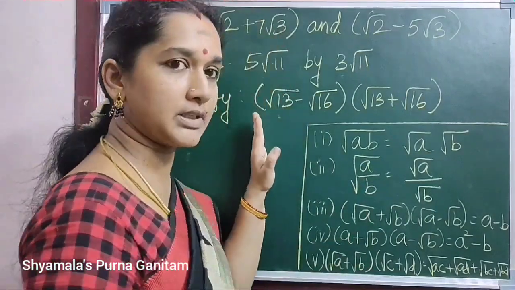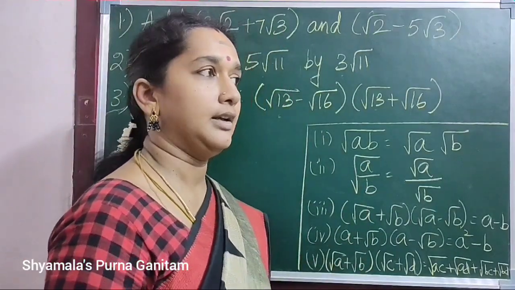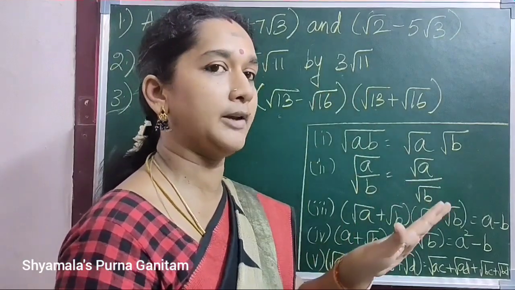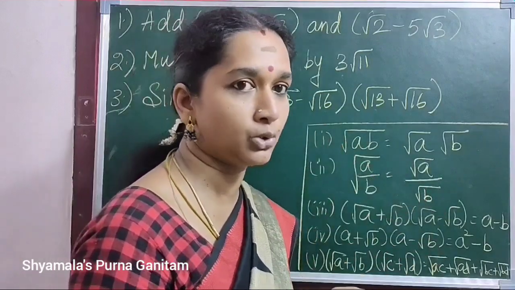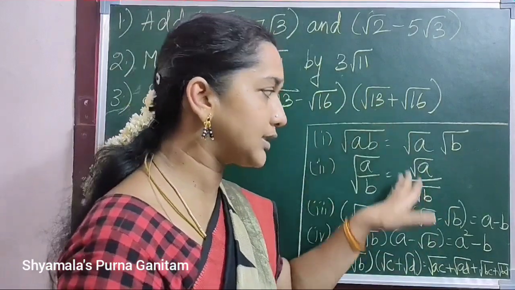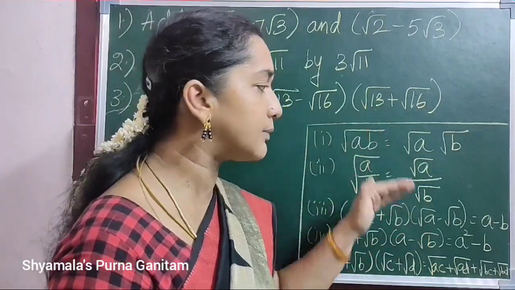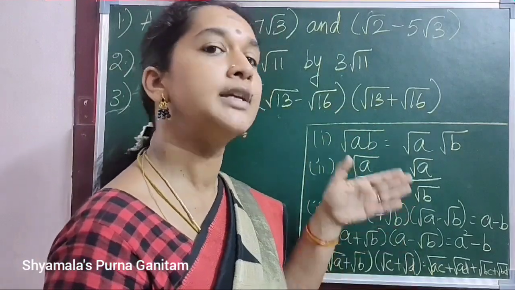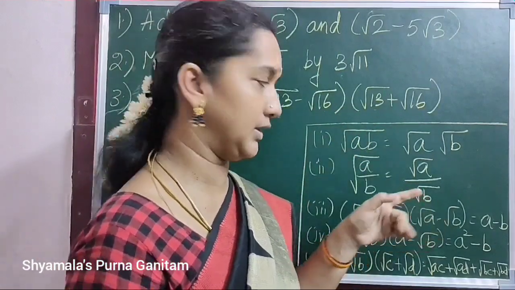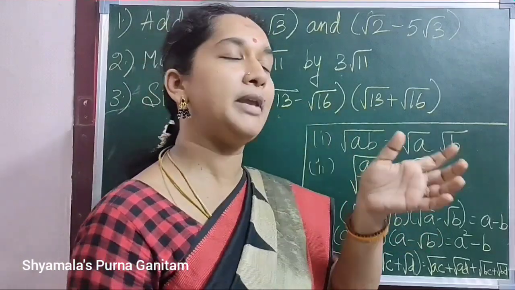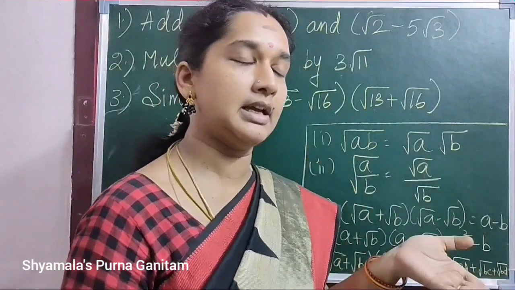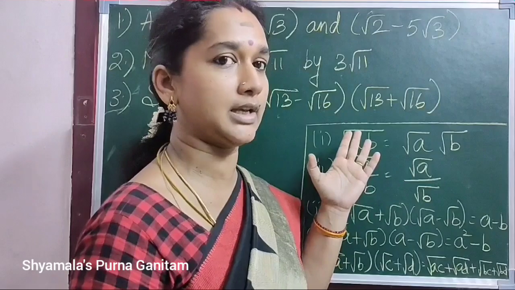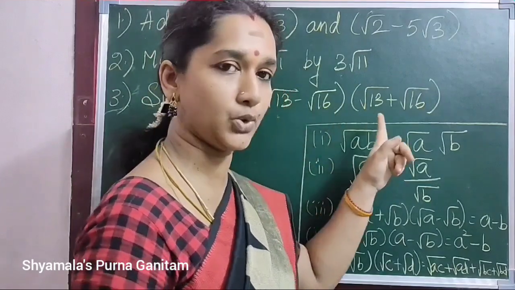So before doing these sums, few results are there. In algebra we will say that as identities. Some identities are there, that is the derived one. When you multiply two things or when you divide two things, what will be the result? So there are few identities that we are going to use here in the operations on real numbers. The same thing only, there you will be having it in numbers, here you are having it in variables with the root sign, with the radical sign. Radical is this root. Okay.